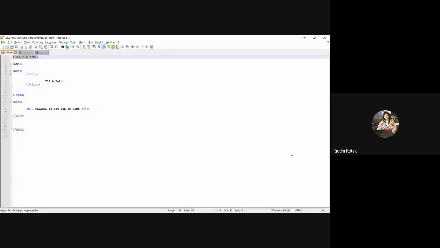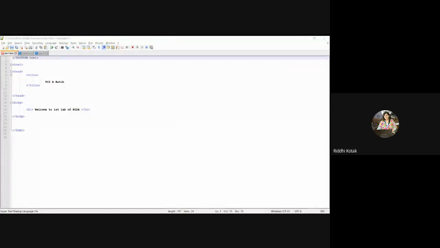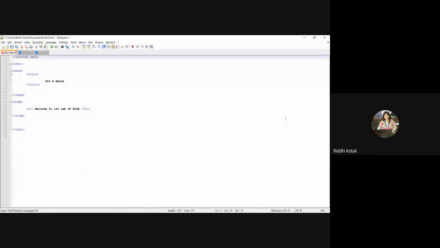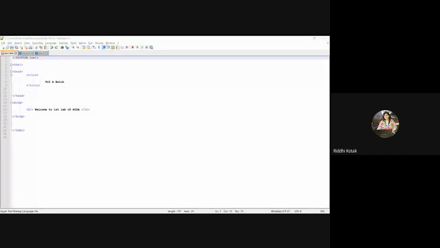So that is the reason you have to specify your document as HTML, and every command, like you have learned in C language, has its syntax. In the same way in HTML, you have to use the opening and closing angle brackets. Second thing, whatever command you start, you must end it. Like HTML, you have to close that directly. Do the practice like this.